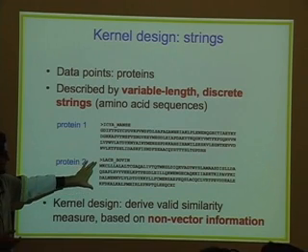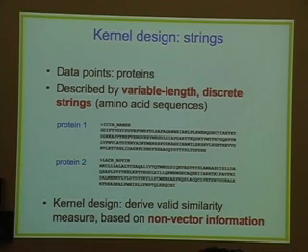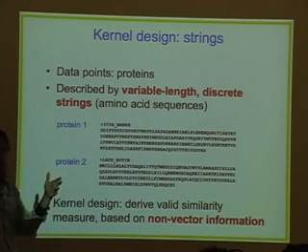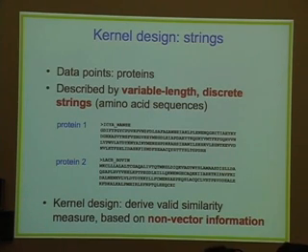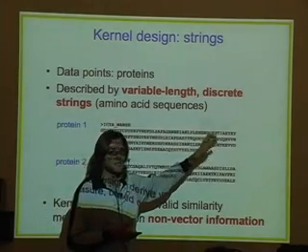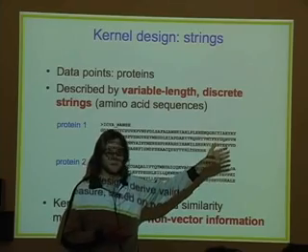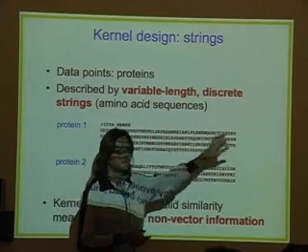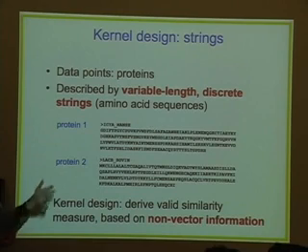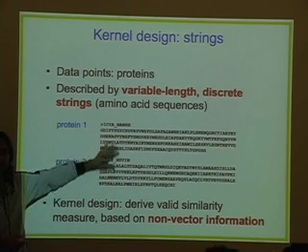So for example, the first protein has an amino acid sequence which is represented here. The second protein has this sequence here. And so now the question is, how can we come up with a good similarity measure between those two proteins, which is based on this information about the proteins? Again, kernel design. And it's nice that we only have to be worried about that question. We don't have to worry, which would have been the case in more classical statistics, about first representing the string of letters here by a vector of numbers, and then having an algorithm dealing with these vectors of numbers. And obviously, by transforming this into a vector of numbers, there is information that could get lost. Or it wouldn't be as obvious sometimes to transform this into a vector of numbers than to say, how can I measure similarity between these two based on the information that I have?